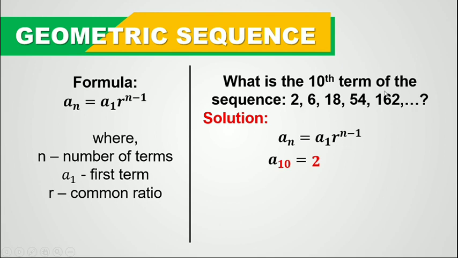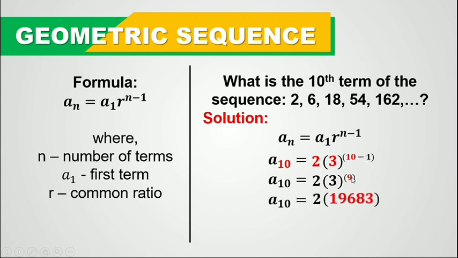R is, let's look again: what is multiplied to 2 to become 6? 3. What is multiplied to 6 to become 18? 3. What is multiplied to 18 to become 54? That's 3 again. And what is being multiplied to 54 to get 162? It's 3 again. So 3 is our common ratio here. And then to the power of n minus 1, so 10 minus 1 because n is 10. So a sub 10 equals 2 times 3 to the power of 10 minus 1, that's 9. And then a sub 10 equals 2 times 3 to the power of 9, that's